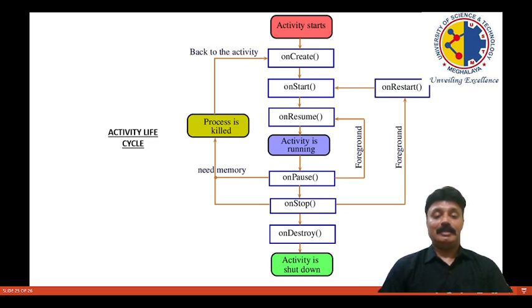Finally, onDestroy, the finishing of the process, which leads to the activity being shut down. So this is the flow diagram of the activity life cycle, which we can understand very simply.